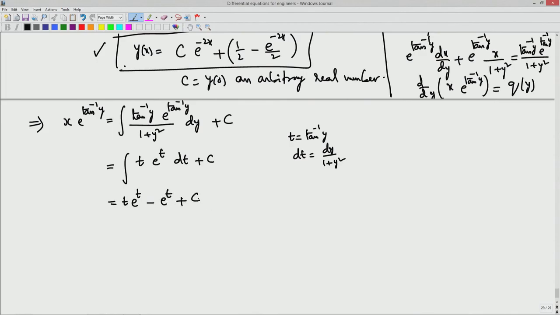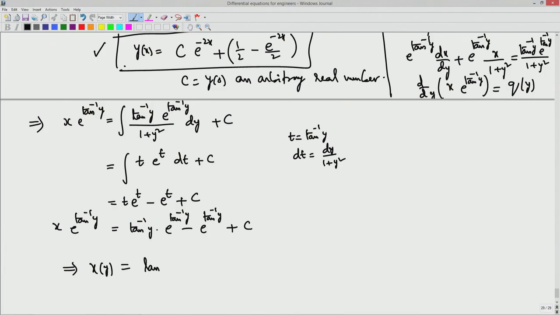So t e power t minus e power t, this is the solution, plus c. Substituting t back, you have tan inverse y into e power tan inverse y minus e power tan inverse y plus c, which is my x into e power tan inverse y. You bring it to the other side. Now x is the dependent variable, a function of y, x of y equal to